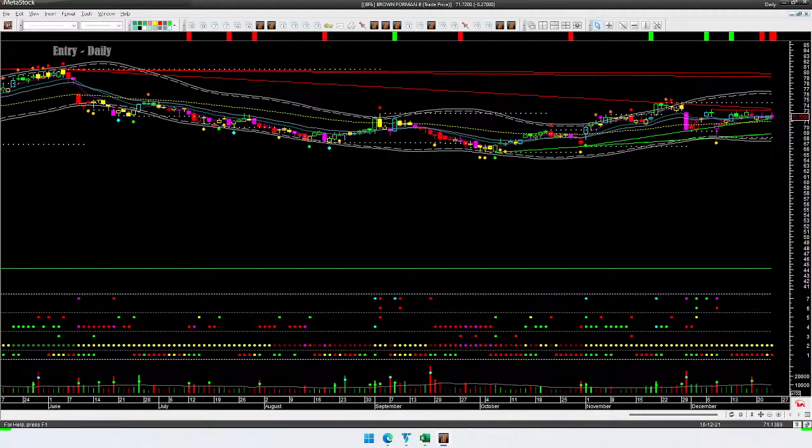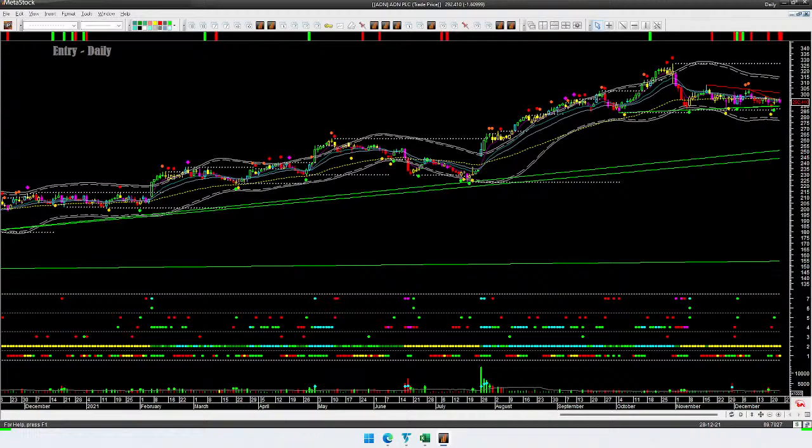I'll not try to draw lines. It has trendline support nearby. Not really in a downtrend, moving inside the range. No go with flow short setup. This is BFB shares, Brown Forman B shares. No trade setup here, close.